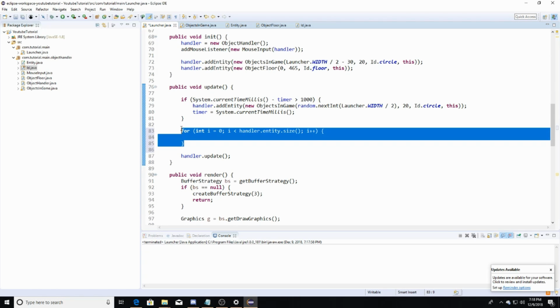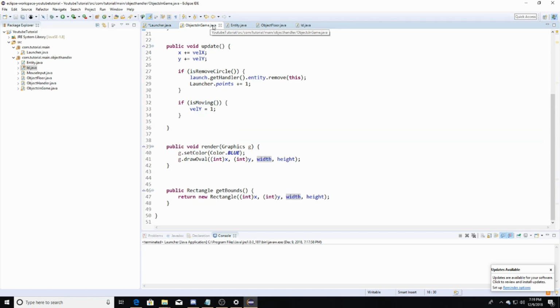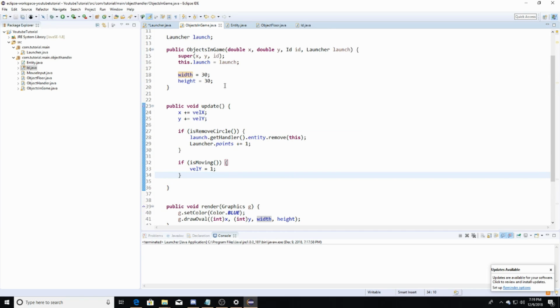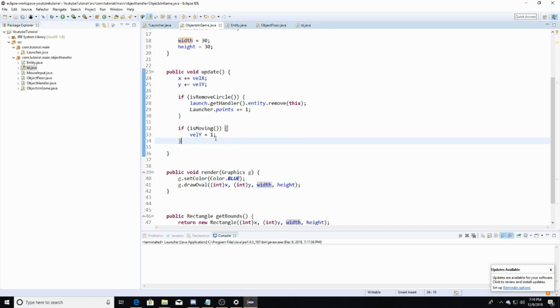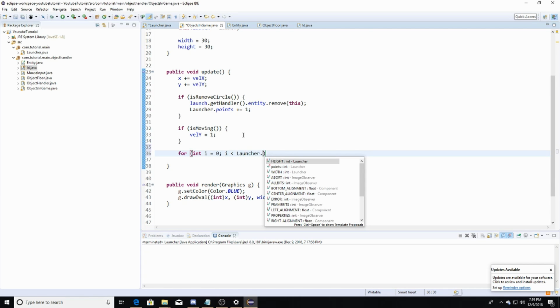Actually, let's just do this inside of objects in game, which is the bubble, because it'll be easier to do it this way. Alright, so for int i, just like we were doing. I have to do launcher though. Launcher dot